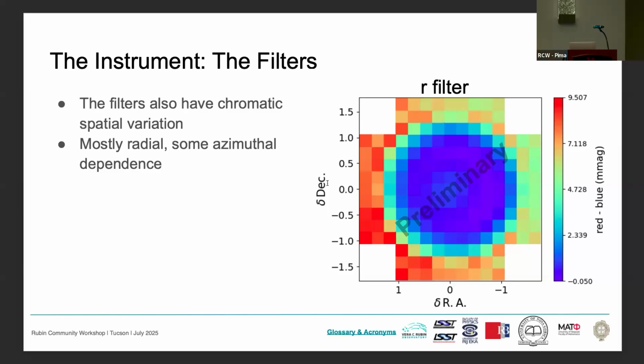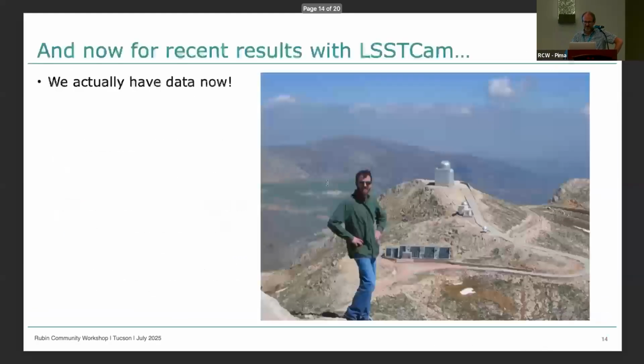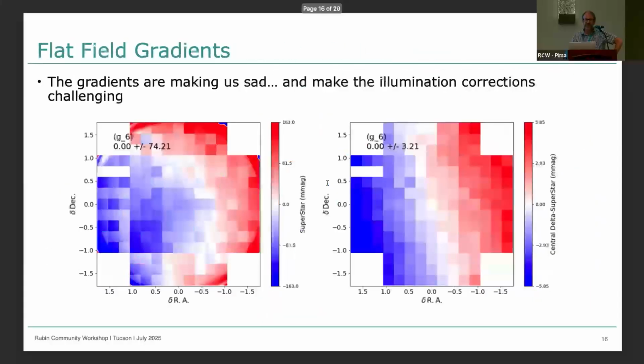That's the blue where it goes to the other color. That's where the filter vignetting starts cutting in. About the illumination correction gradients. What are you comparing against what to drive that? Oh, so what is this? So what